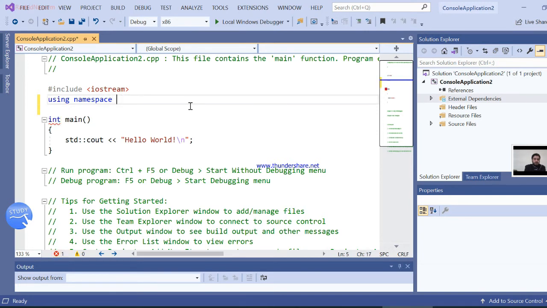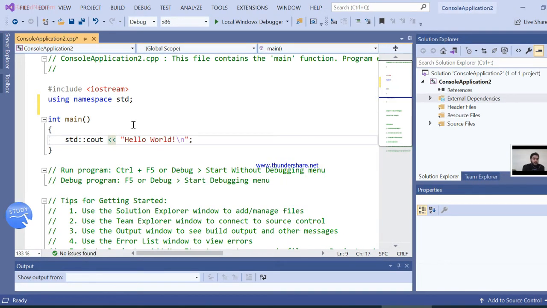This is a very intelligent IDE for C++, and for other languages like C# and Python. By introducing the correct syntax here, std semicolon, you will see that the underline has just disappeared. So it is very intelligent. Even while writing, it shows the errors, the bugs in your code.